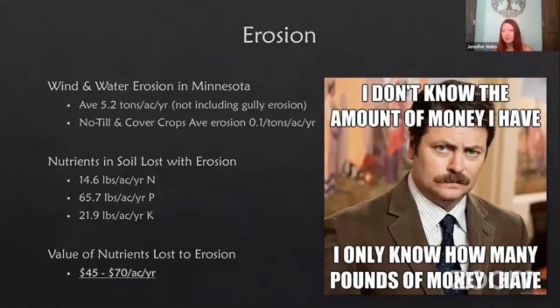For no-till and cover crops, the average erosion rate is 1/10 of a ton of an acre per year. 1/10 instead of 5 tons. So if we're looking at losing 5 tons per acre per year, what does that equate to for nutrients that we're losing? So just nutrients, not even talking about the carbon that we're losing. So for nitrogen, we're losing about 14.5 pounds per acre per year. Phosphorus, 65.5 pounds per acre per year. And potassium, about 22 pounds per acre per year, just in that 5.2 tons per acre